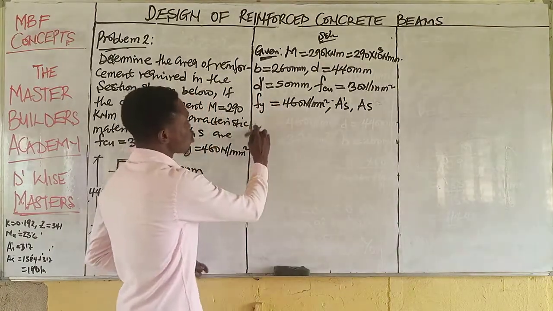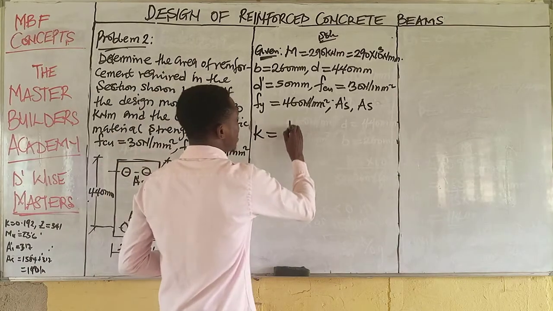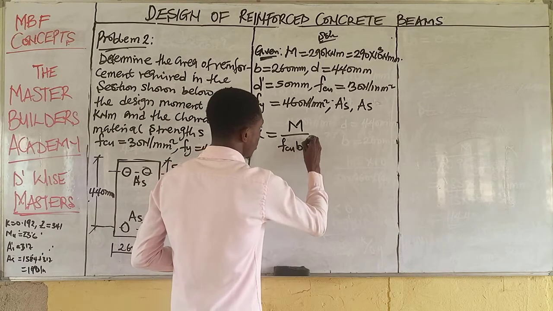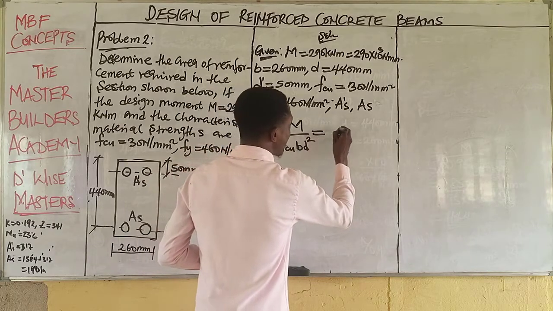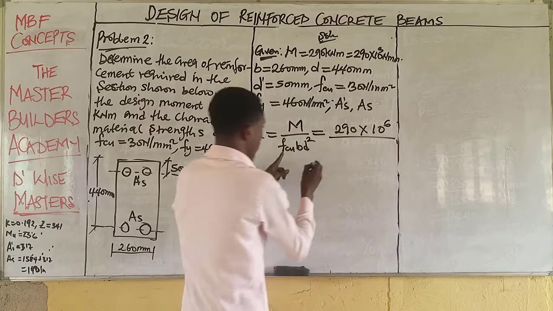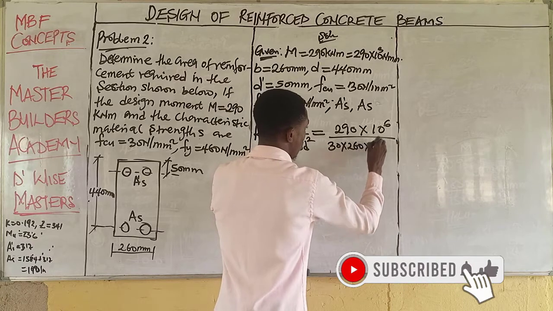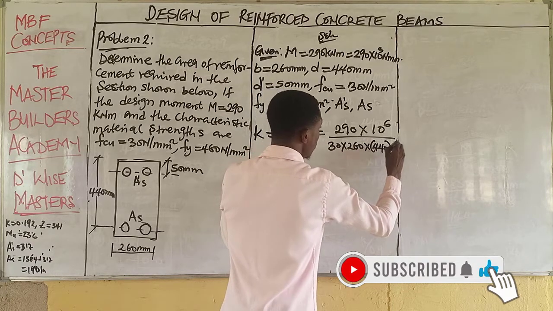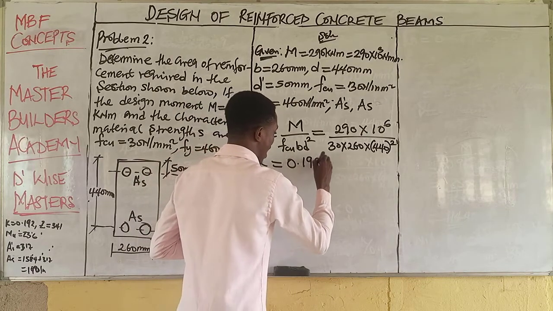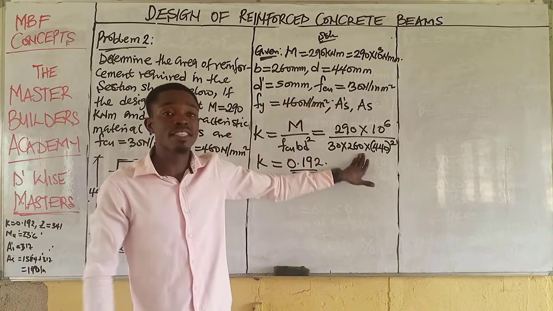Okay, now, let's test run whether this structure is to be designed as singly or as doubly. First, we have the ratio of the moment, M over fcu b d squared. Now, moment here is 290 multiplied by 10 raised to the power 6, all over 30 multiplied by 260 multiplied by 440 all squared. And K would have given us